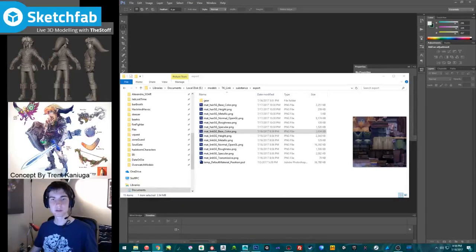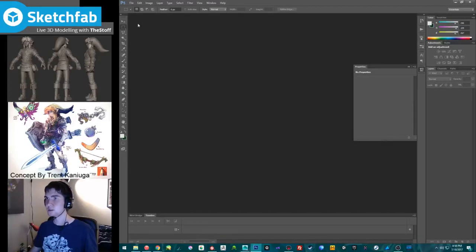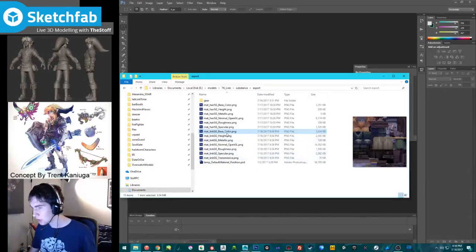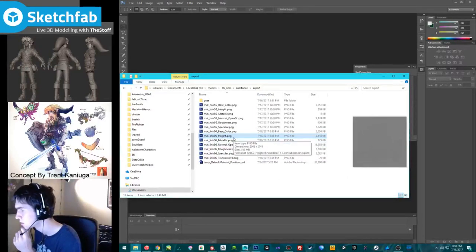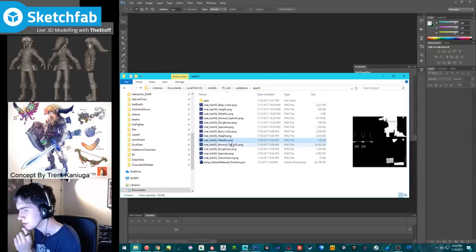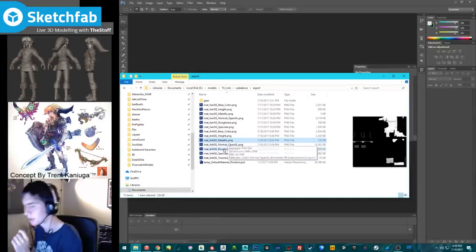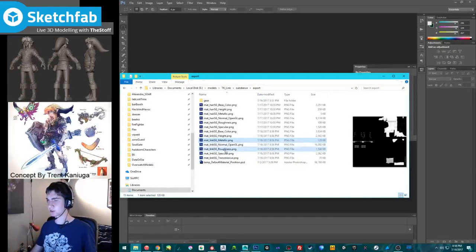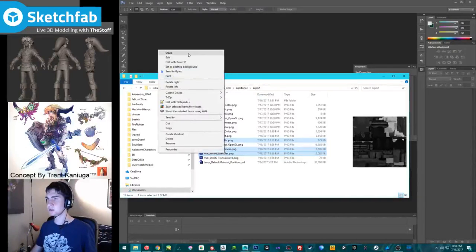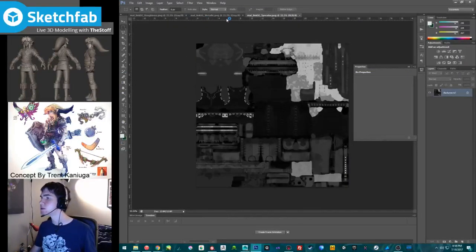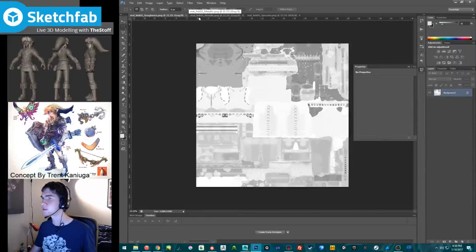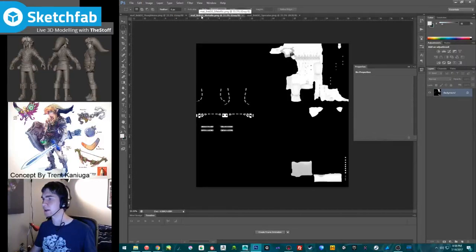Okay. There we go. So, let's see what we got. We got a height map, which I'm not using right now. Metalness, I am using. So metalness, roughness, and specular, they're gonna go together, because that makes sense. Open. Okay. So this is my roughness. And then I guess metalness will go in the